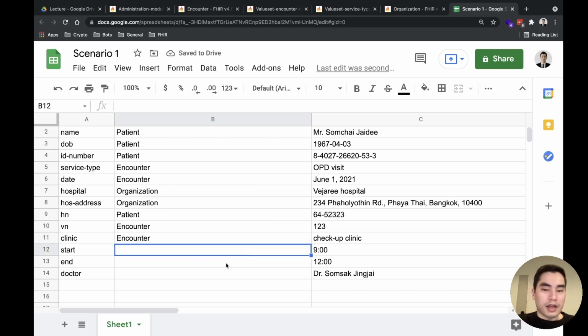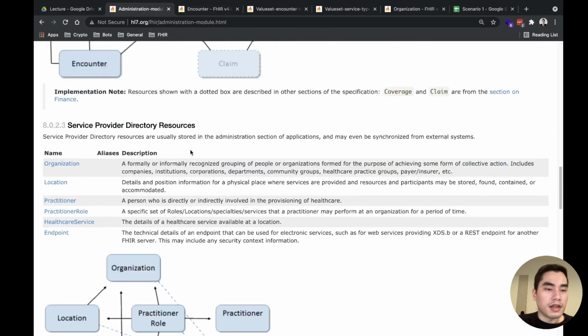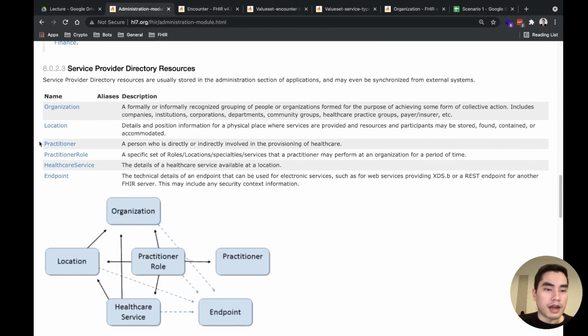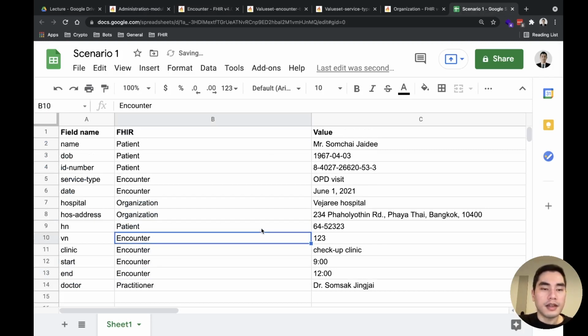And start and end are also related to encounter. And the last one is information about the doctor. So we came here and we see that there is a resource for storing the information of the doctor. So we put it here, practitioner.